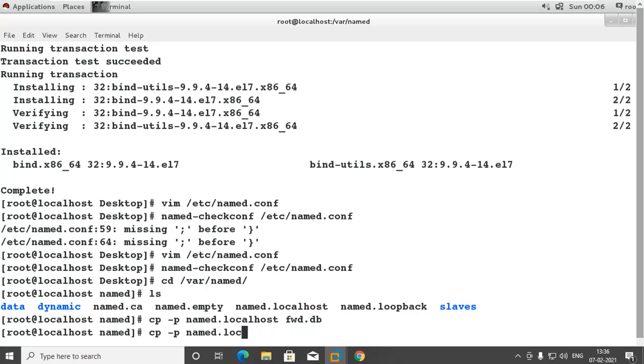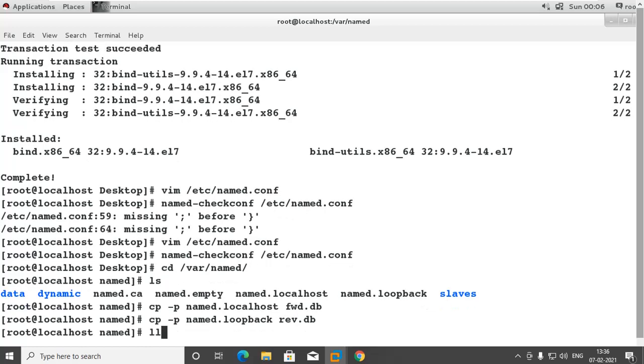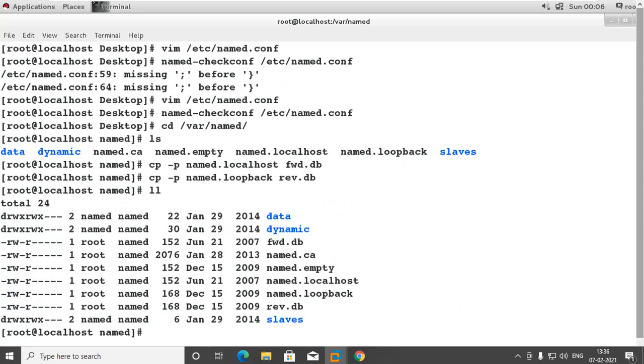Likewise I'll copy the reverse also. The -p option is used to preserve the permissions, because we want this file to be in the named group so that the named service can have at least read control over it. So forward.db is also here, and it has read control.